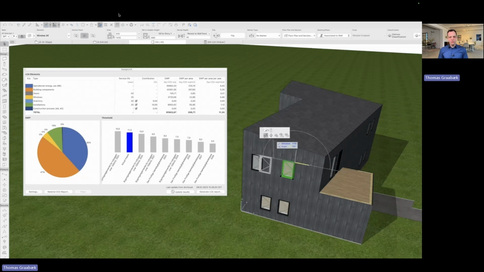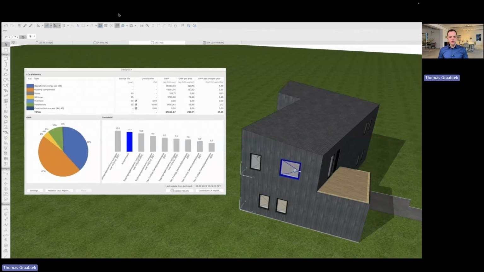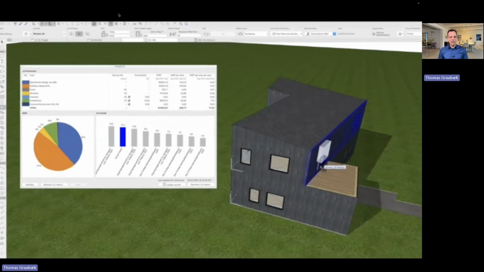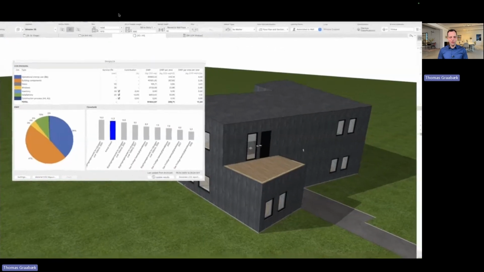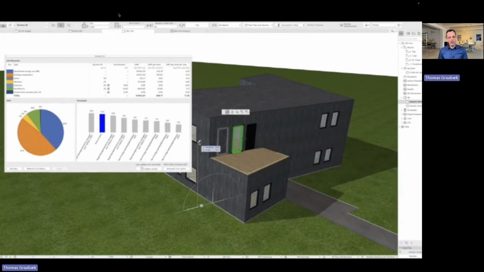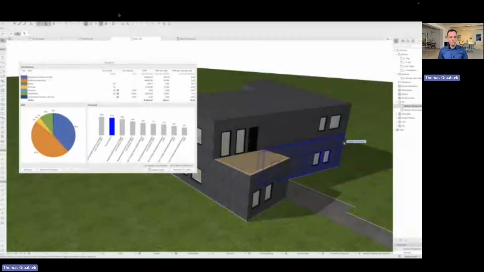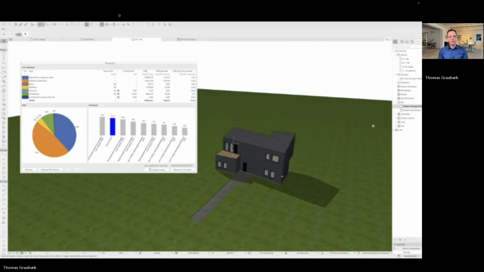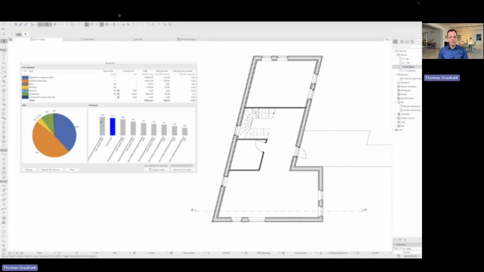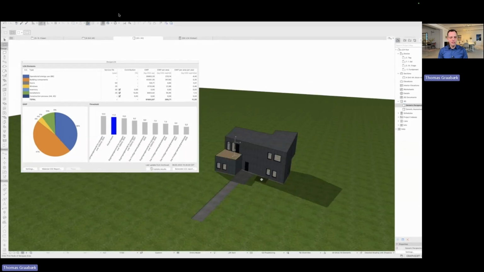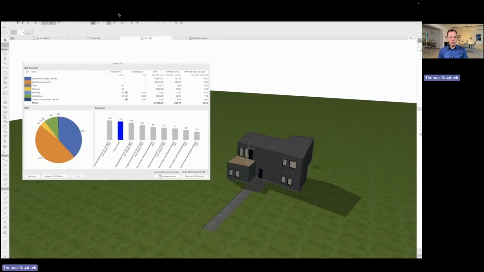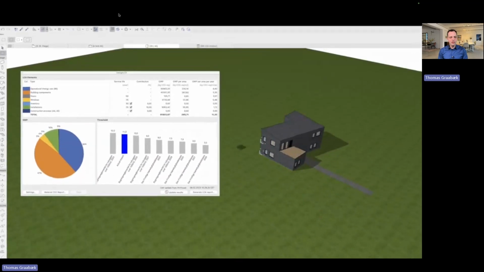And now I start changing my project. I change the pitch of the roof. I change the size of the windows. I add some more windows. And at some point, I'll also stretch a part of the building so I get more square meters. But I also get more material used for walls and slabs. So in all other LCA calculators, I would almost have to start from scratch because all my quantities have changed now. But with DesignLCA, I just have to redo the energy calculation.